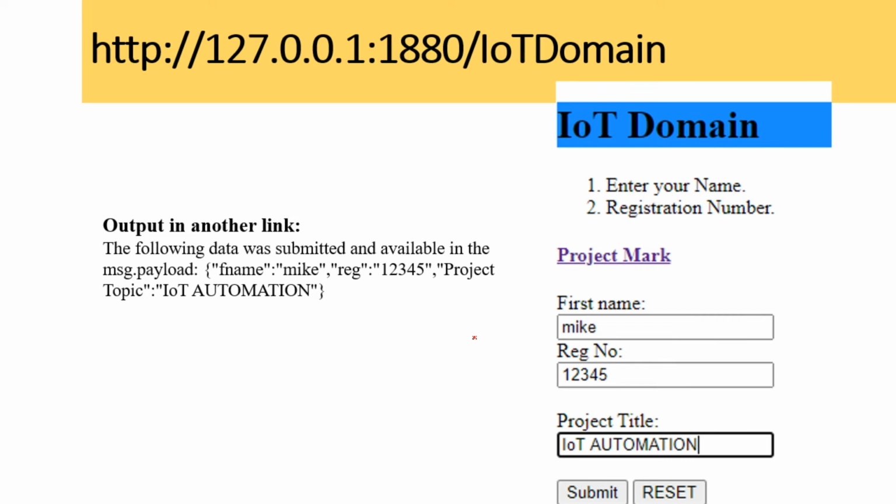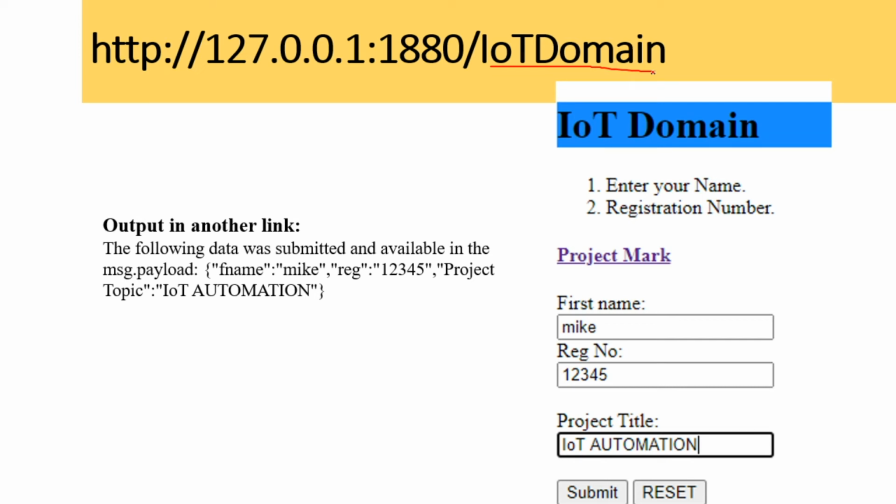So how do I execute this flow? After deploying it, you have to type 127.0.0.1:1880/IoTdomain. Whatever name you have given in the HTTP node, you have to use that.